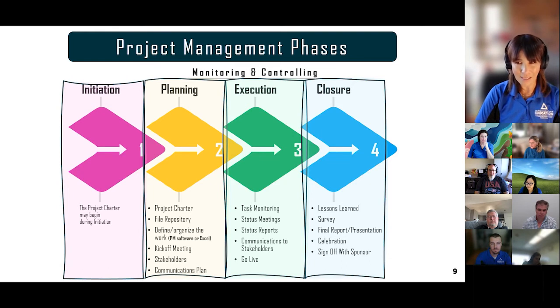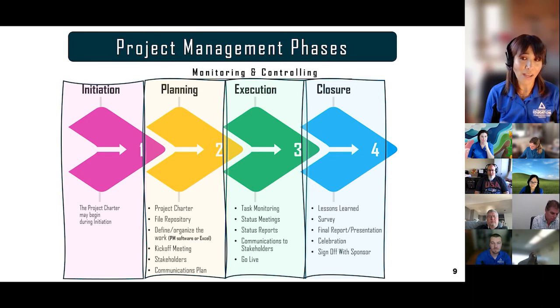Like I said, this comes from PMI. We've tailored it and narrowed it down to meet our environment and our needs at SDCOE within K-12. We're sharing it with you. In no way do you think you need to do every single piece right away, and in no way should you think that every project needs all of these. It's going to be kind of a trial and error time for you to figure out which pieces are really effective for you.